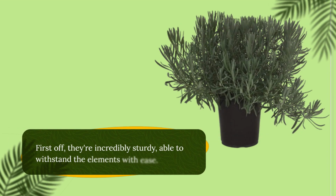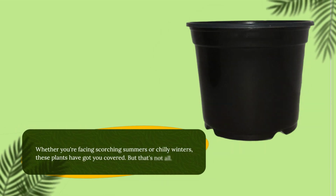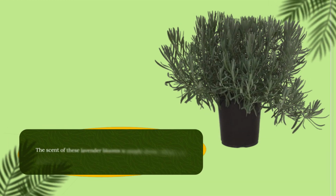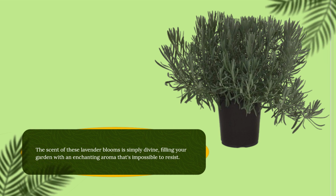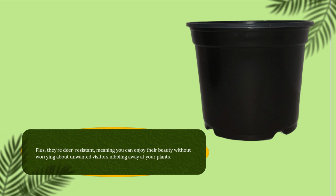Let's break it down. First off, they're incredibly sturdy, able to withstand the elements with ease. Whether you're facing scorching summers or chilly winters, these plants have got you covered. But that's not all. The scent of these lavender blooms is simply divine, filling your garden with an enchanting aroma that's impossible to resist. Plus, they're deer-resistant, meaning you can enjoy their beauty without worrying about unwanted visitors nibbling away